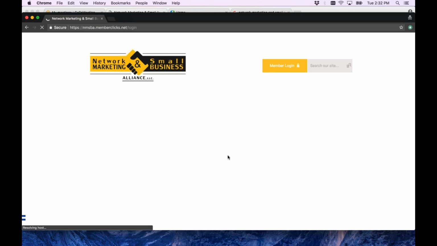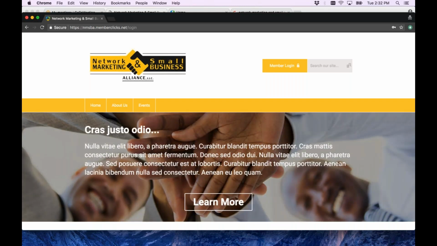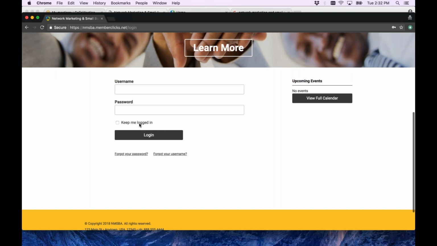And this is going to bring them to a login page where they'll be able to enter their username and their password. The two widgets that I just mentioned allow you to add verbiage above or below the login section. I would say 99% of the time, my associations will leave this alone, but I have seen some associations that'll